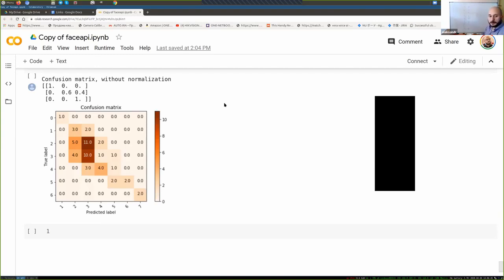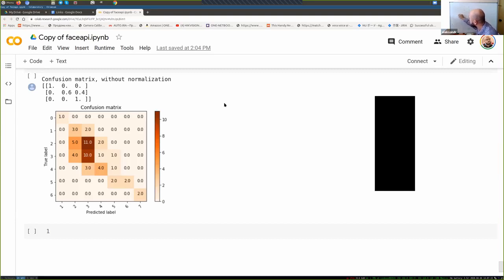But our model predicted something that is slightly different. Not slightly. And for this situation, we can draw such a thing that is called